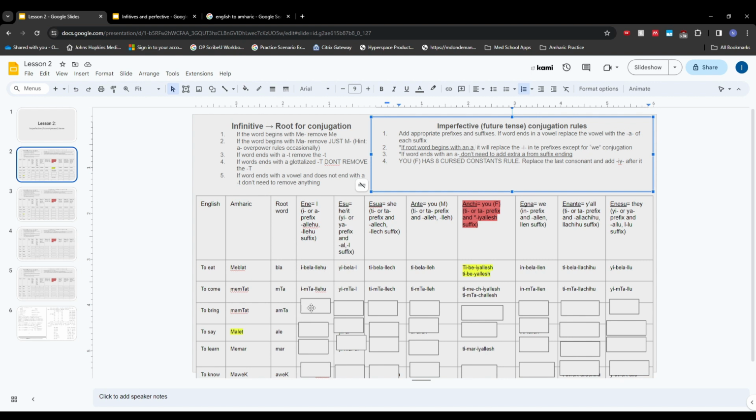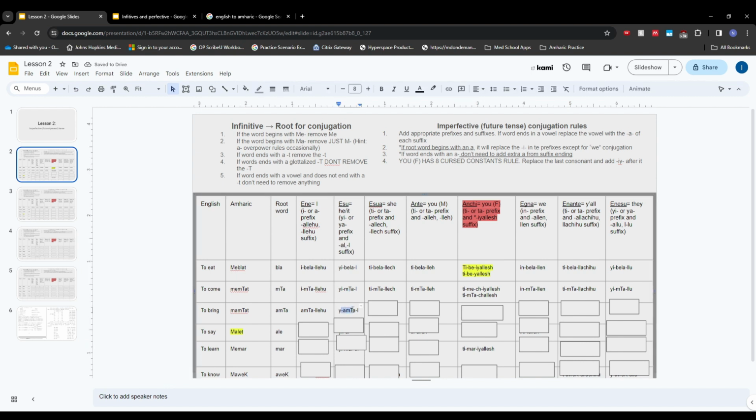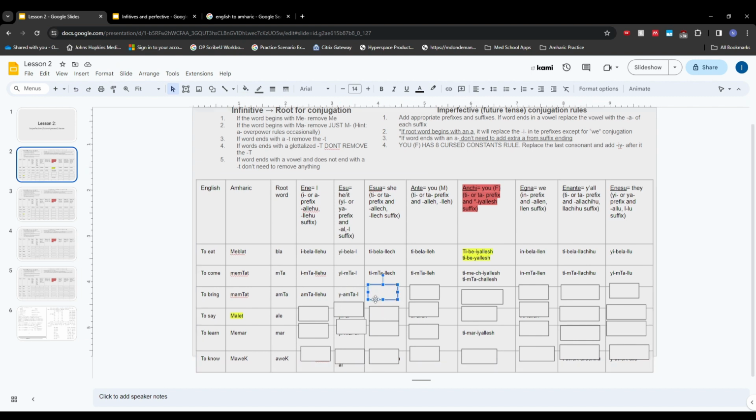So all these I's in the beginning, except for we, are going to get replaced by an A. So if you wanted to say I will bring, it's not a amtallo or something, it's amt, and then the normal suffix rules, allo. So amtallo is I will bring. He will bring, it would be yamtal. I don't know how to say it. It's just yamtal, he will bring. She will bring, tamtallich. My pronunciation is pretty bad for this word, I think, but hopefully the idea is still getting explained. You male, tamtalle,